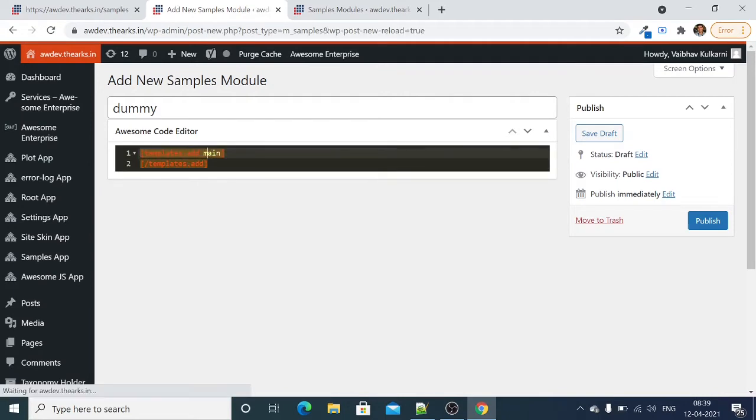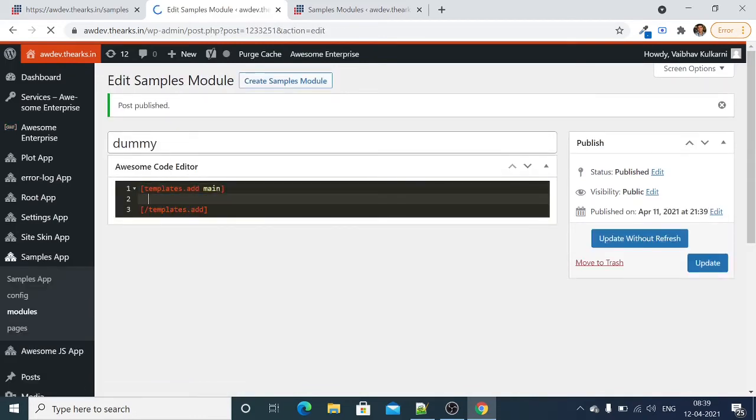So inside main we will write, inside the main function, or we are calling it as template.